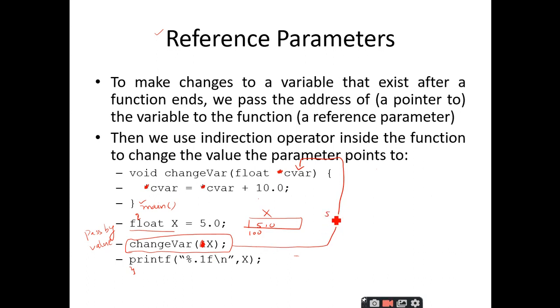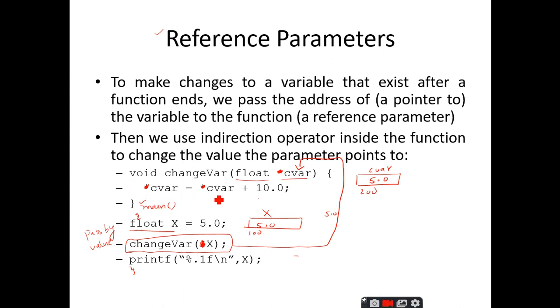So 5.0 is passed here and that is where I am storing it. So when I come to the definition of this change var, this is a formal parameter declaration. So assume that 200 is there and this is C var and 5.0 is the value that is stored inside C var. Right.